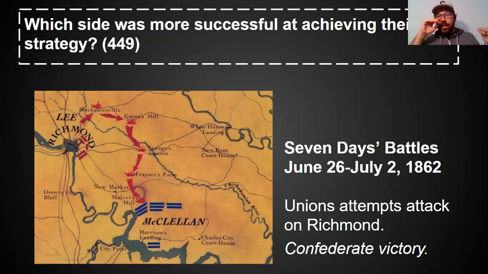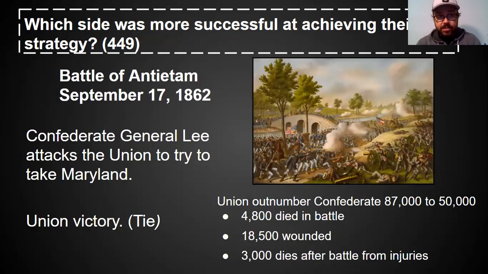So that's where the Eastern Theater of the war is at the beginning, an absolute stalemate because the Union keeps invading and the Confederacy keeps stopping them. But there will come a point where things will change. Well, I should say actually things won't change at all, but they will change a little bit. So after the Confederacy has an immense amount of success with their strategy of defense,